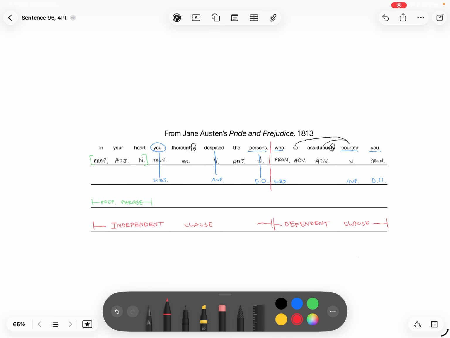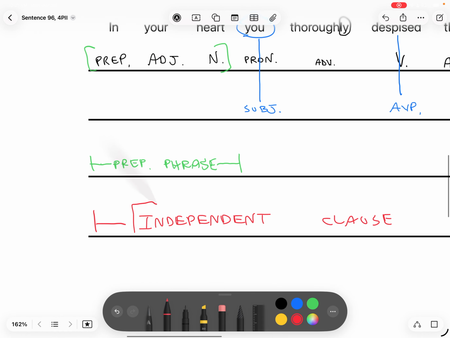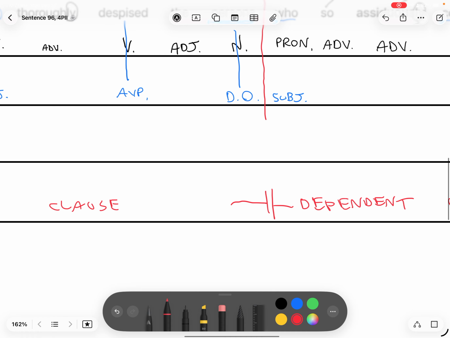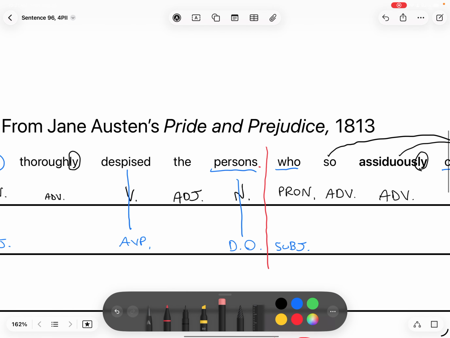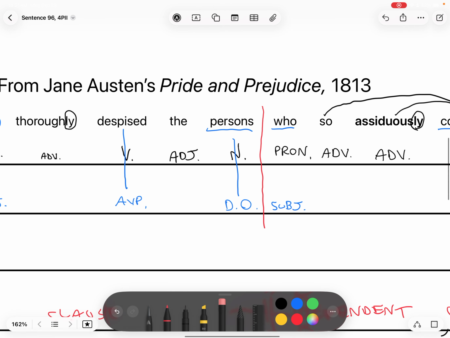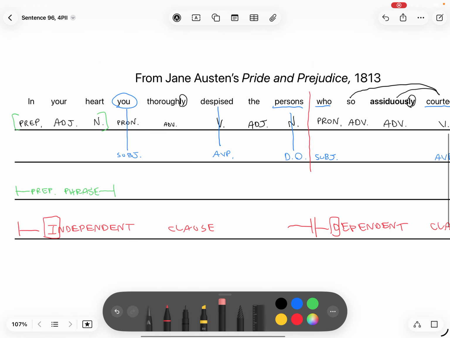Okay, so now that we have these two clauses here, we can identify this sentence using, for example, an ICCI or DI, any one of those types. So we have here an I, of course, and we have a D, and we have no comma in between. I just added this period to show clarification here. There's no period in the original sentence, obviously. So we know, thus, that this sentence must be an ID